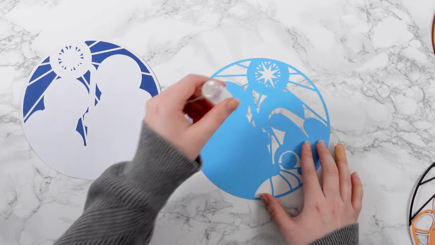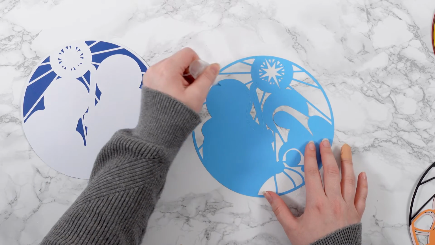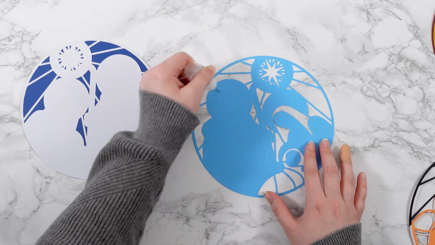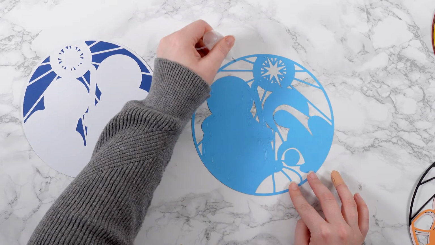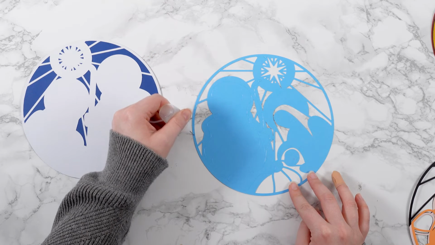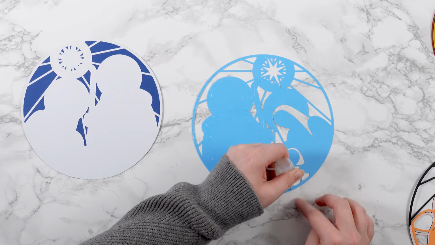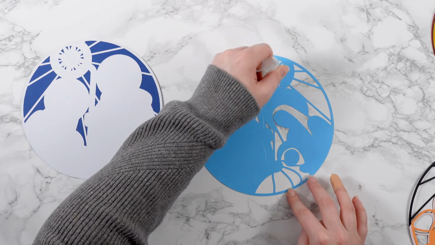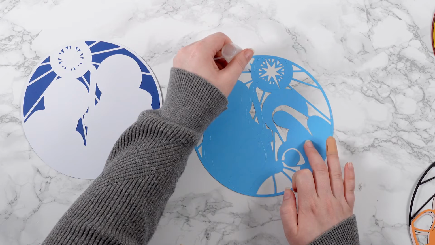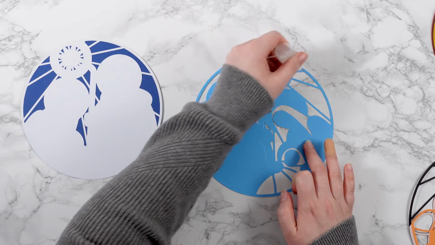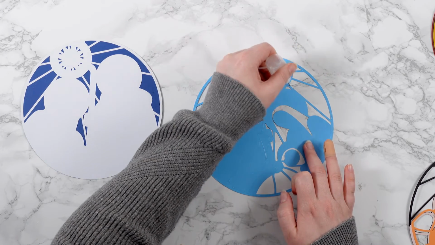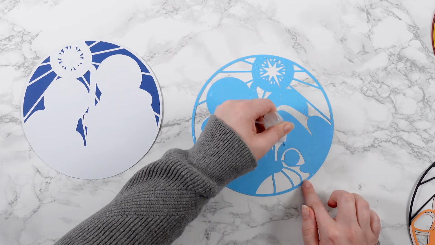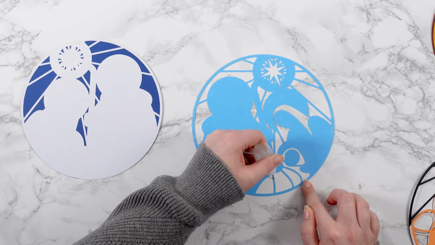So what you want to make sure you do with this design is that as well as adding your glue to the big pieces like this, where you've got lots of room for that glue, you also want to try, if you can, to put it around all of the edge like this. So I'm just whizzing around that entire circle there, and then into some of the details. So I can go down these lines, for instance. And the reason for this is it's going to give you a much better stick. It will appear flatter with all of the layers, which will enhance that stained glass appearance.